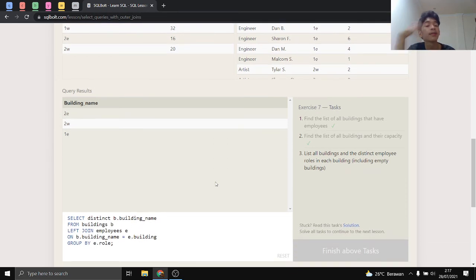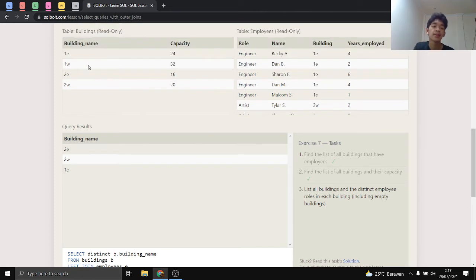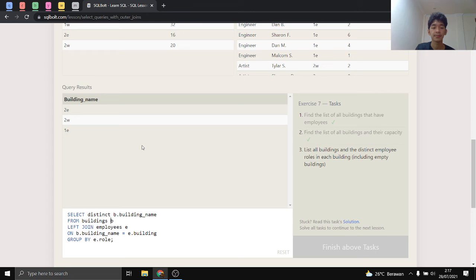But why am I not getting this value? Check this out. Okay, and